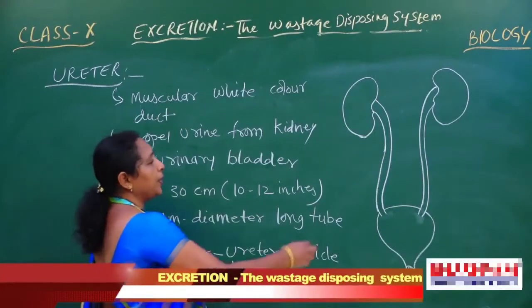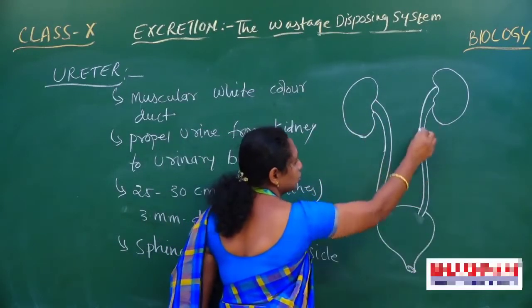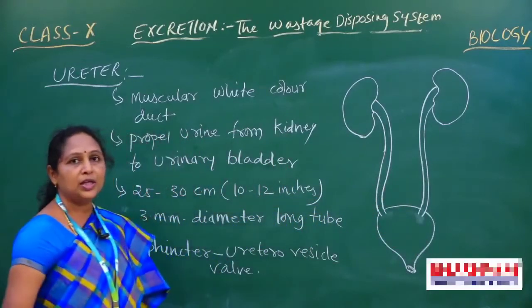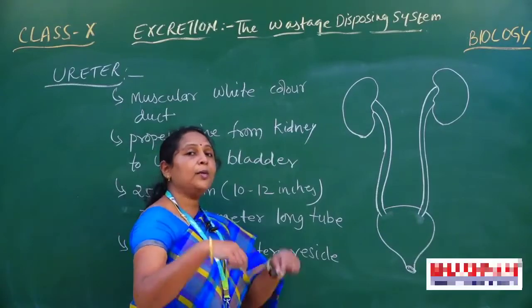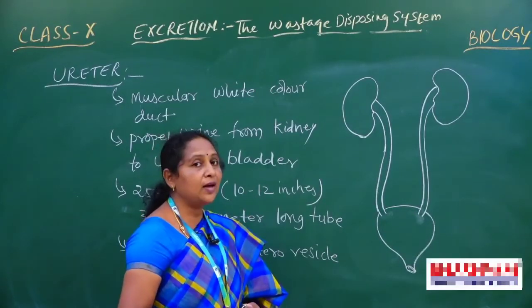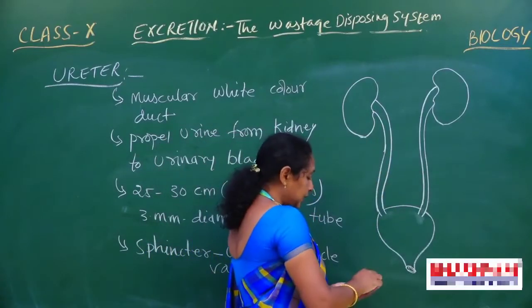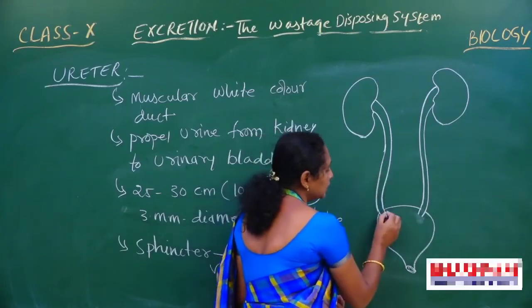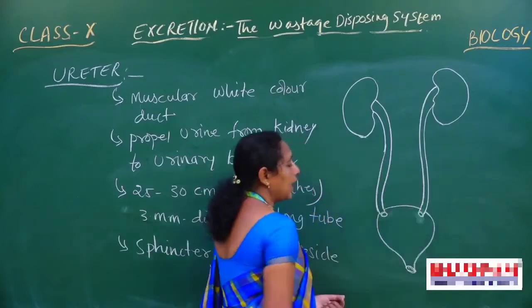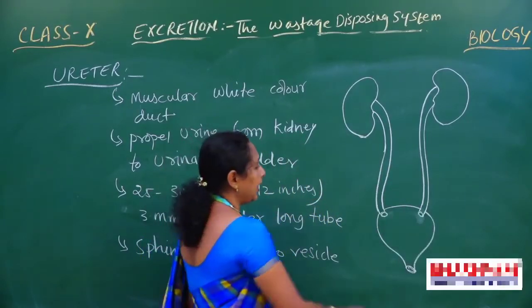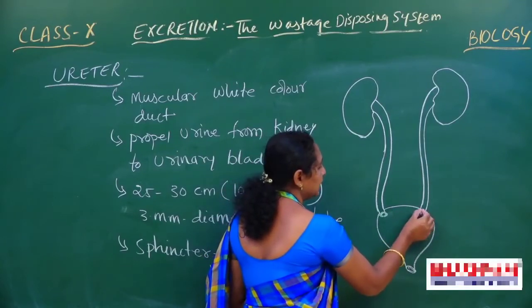It propels the urine. It collects the urine from the kidney, carries it through these tubes and sends it into the urinary bladder. And here, to control and prevent the backflow of urine from the urinary bladder, at the end of this ureter there are small ducts. The end of the ureter is studded by special ducts.